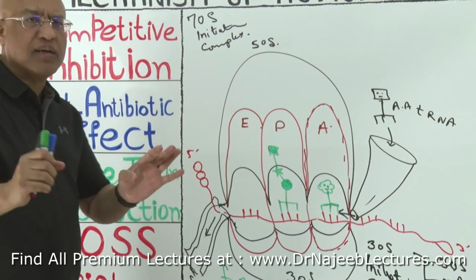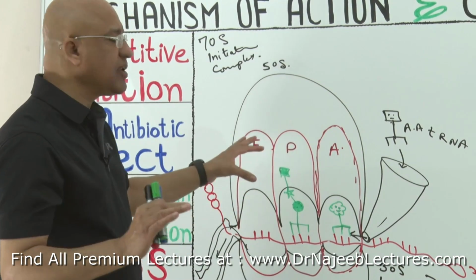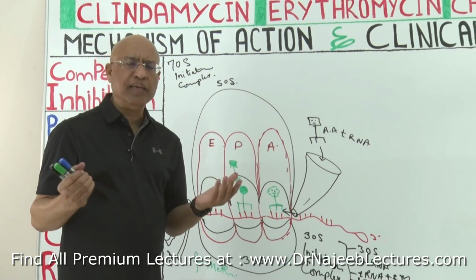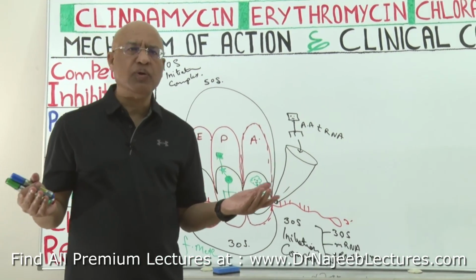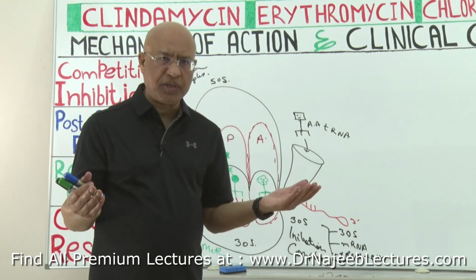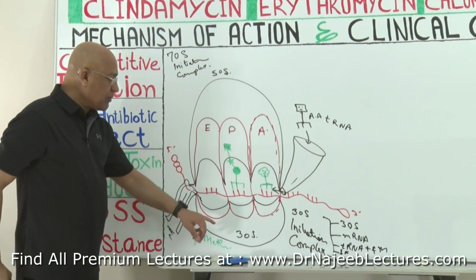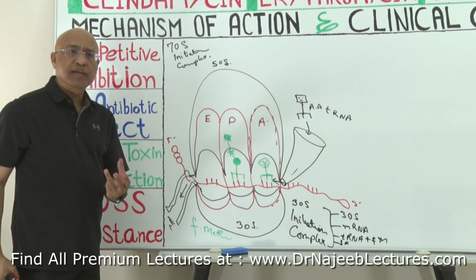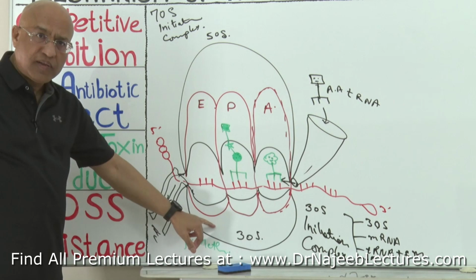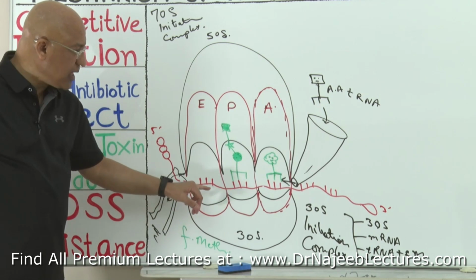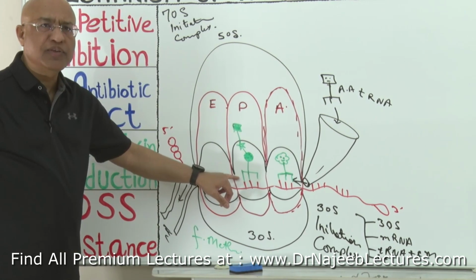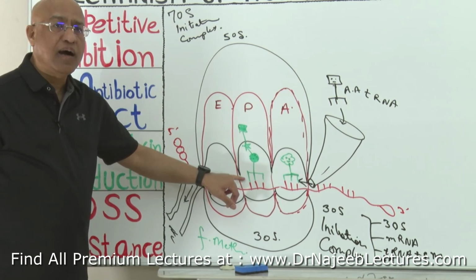So up to now what we have learned, before it gets a little more complex, I will tell you the basics. When bacteria are going to start their protein synthesis, they will activate their prokaryotic ribosomal machinery. The first step is they make the 30S initiation complex. For that purpose, there will be the 30S smaller subunit along with the messenger RNA oriented and placed over it, and with that there will be the first amino acid, which in bacteria is